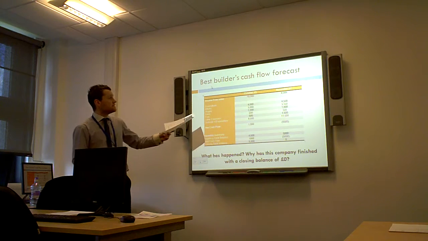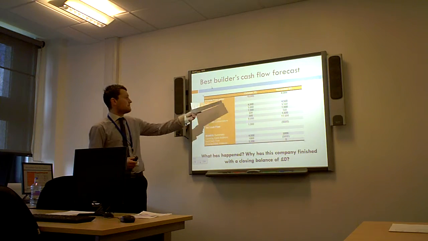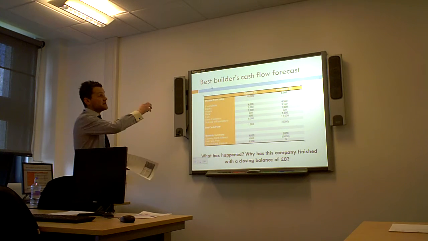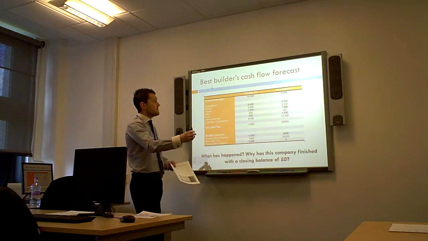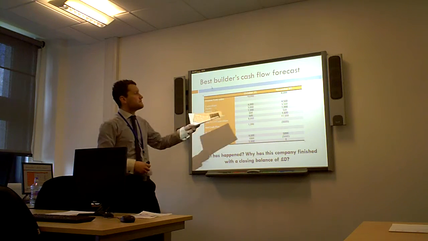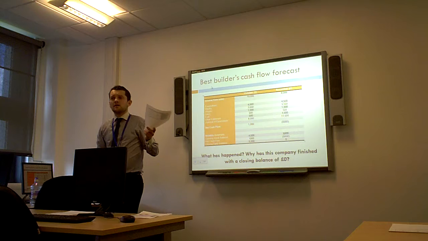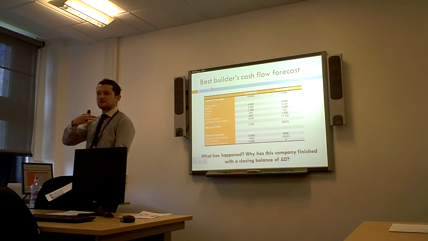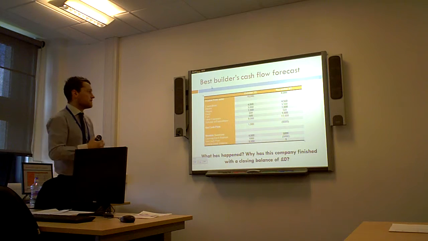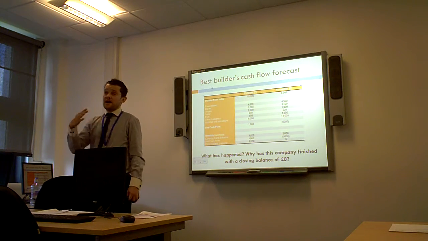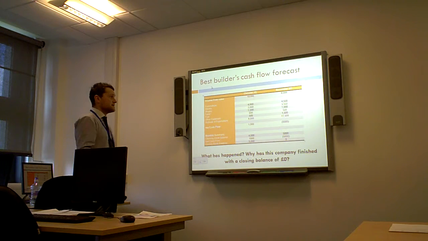So what you can see is at the very, very top, you have income from sales, and that's for that month. It's a prediction for October and November. In October we're going to make £10,000, in November 6,000. I haven't told you how this conclusion's made, but they're the figures for these 2 months. We then look at the expenditure for that month, i.e. the outflows, the money leaving the business.